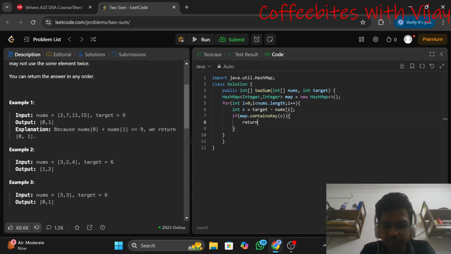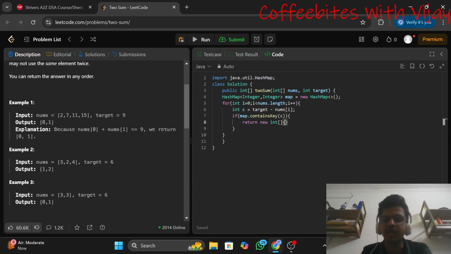If this contains, I will return the index. So, guys, I'm going to return the array. Why? Because you can see over here in the third line, the return type is an array. So you have to be careful. You have to check whether the return type is an array or the index or the value itself, and according to that, return the values. So here the return type is int array, so I'll create an array. Inside this array, I have to get the index of that value.